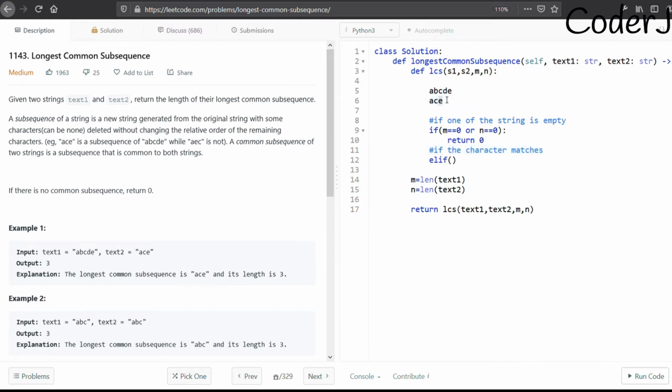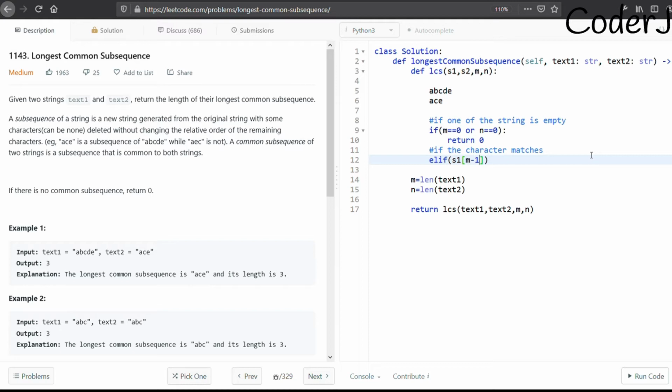So here both the characters match, right? And if it matches, that's great for me. Right now my pointer, in both the strings, is pointing to E and E. So if it matches, I should just go back by one for both and I should add one to my answer. One means that yes, there is a character that is common in both, which comes in that same order, right? So I'll just write S1 at M minus 1,